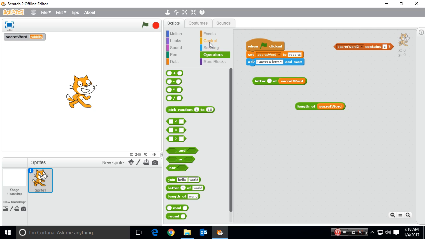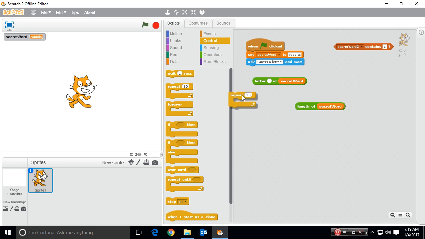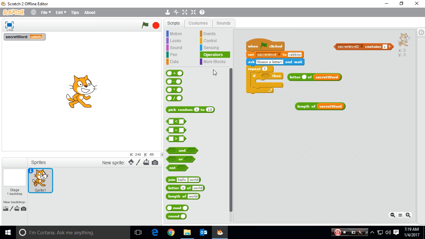I sure do. I'm going to repeat a certain amount of times. Remember, rabbits was 7 letters long, I think. And I'm going to see if, okay, pause for a sec. You know where I'm heading with this? If the letter 1, 2, 3, 4, 5, 6, 7 of secret word is the letter that they guessed, I'll